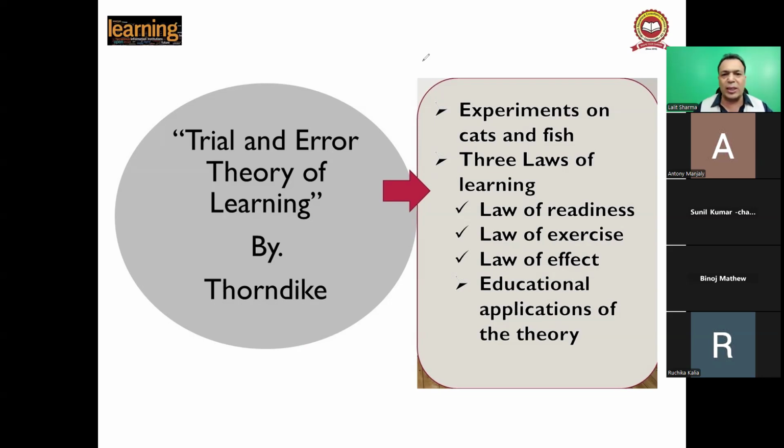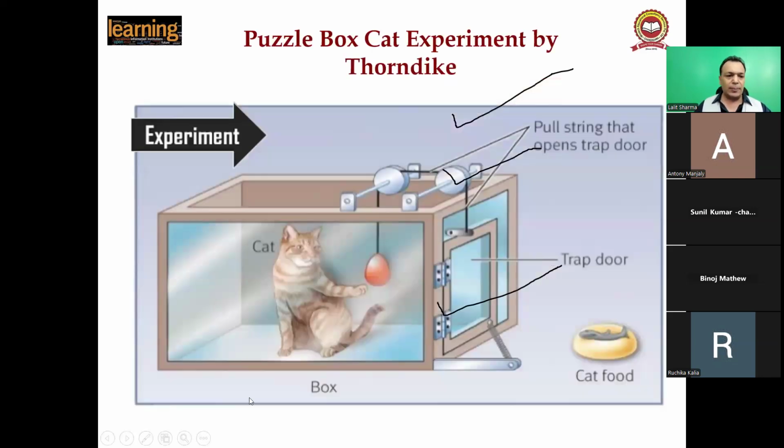Okay. So we have come to know about this theory of learning, the trial and error theory of learning, which is also called the pain and pleasure theory of learning, bond theory of learning, right? So learning takes place by making mistakes and errors, by Thorndike, right? Now we will discuss the first experiment on the cat. Then we will talk about the three laws of learning: law of readiness, exercise and effect. In the last, educational implication is most important. Okay. And in detail, you have to write educational implications, right? So then in the next slide, we start with the experiment of Thorndike, right?